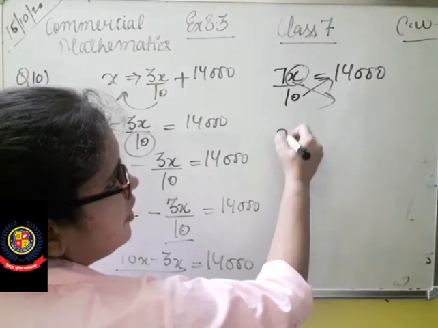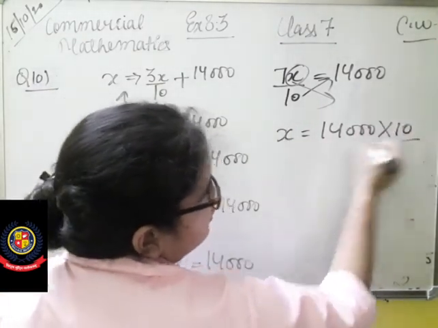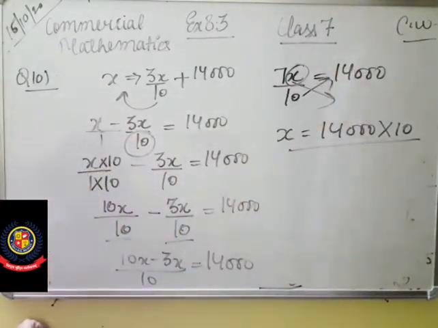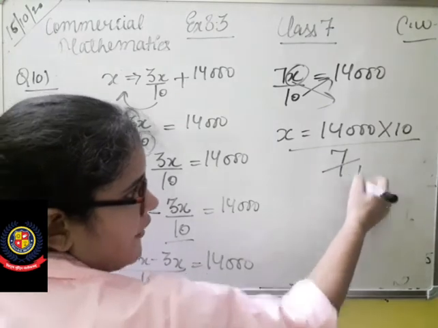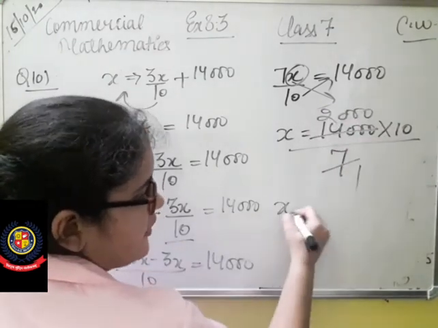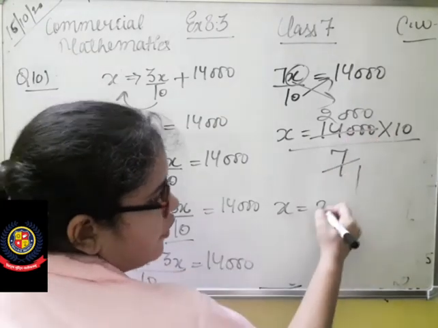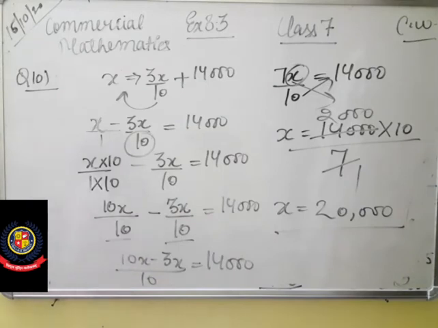So x will remain over here and 14,000 is multiplied with the 10 because we have cross multiplied 10 over there and 7 over here. So you will write 7 over here. 7 ones are 7, 7 2s are 14 and 3 zeros as it is. तो x की वैल्यू कितनी है? 2000 into 10, 20,000. So what is the salary of शाम? x हमने सैलरी मानी थी तो उसकी टोटल सैलरी बेटा 20,000। अब नेक्स्ट पार्ट हम क्वेश्चन का फाइंड आउट करेंगे।